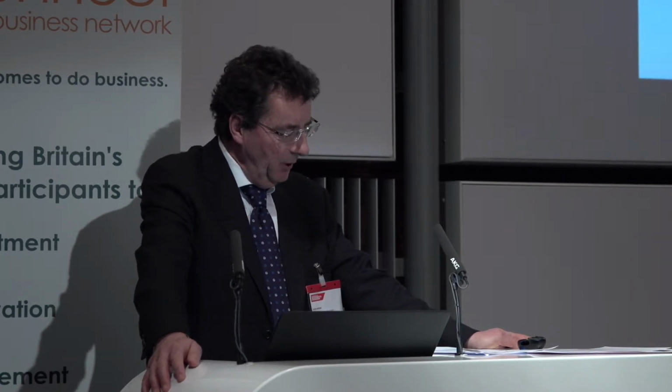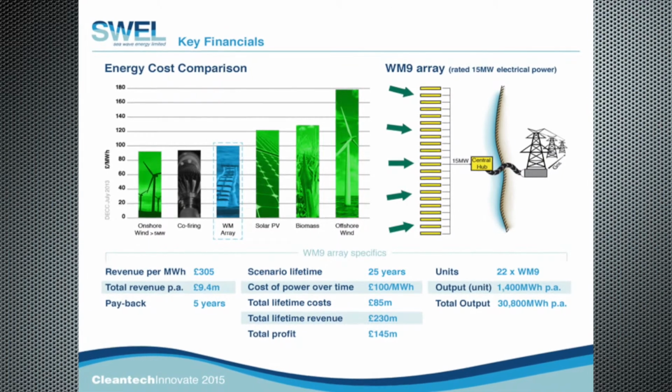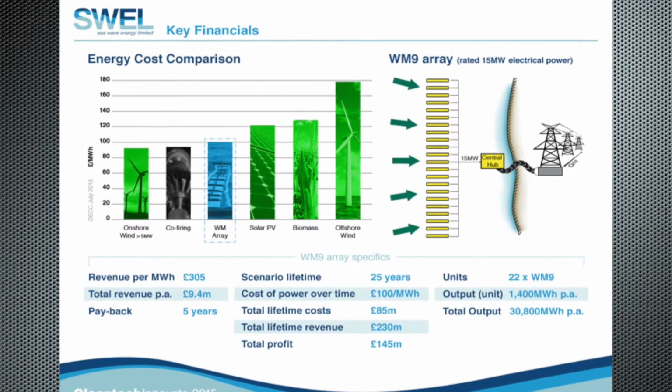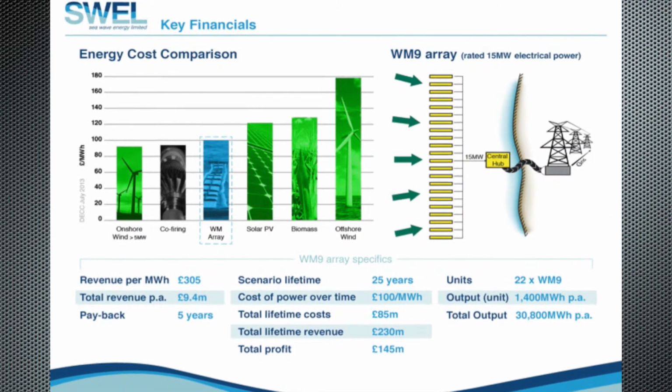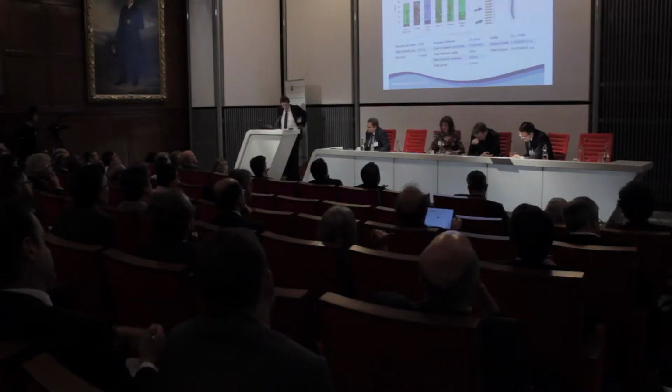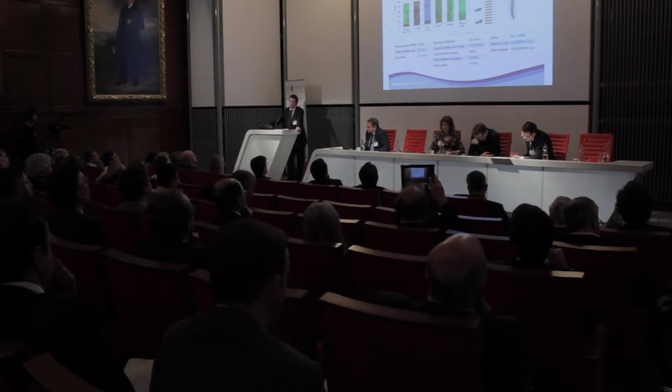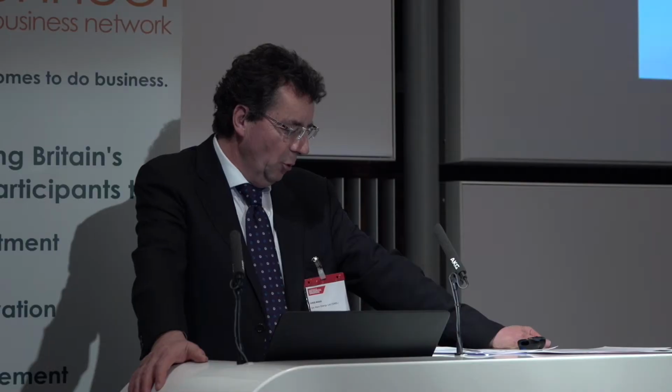Okay, I wanted to talk a bit about the cost of energy. This is absolutely crucial. We reckon that our cost of energy is around £100 a megawatt hour, which is considerably less than a lot of renewables. And if we could actually find out the figures for other marine devices, it would be way lower than that. So we are confident that we have a very competitive price there. I've also put in a benchmark figure for coal-fired generation with biomass, and we're broadly comparable with that. So that's like a legacy